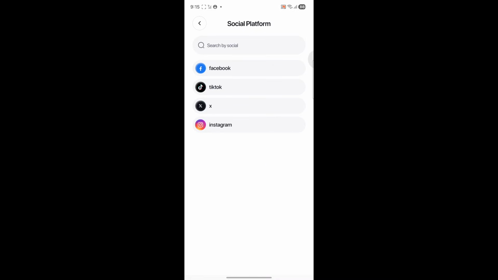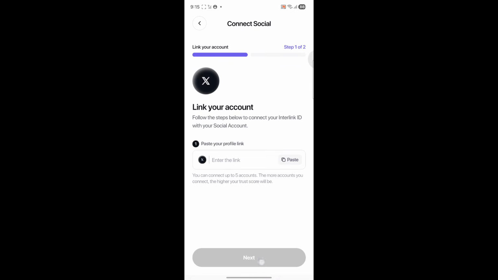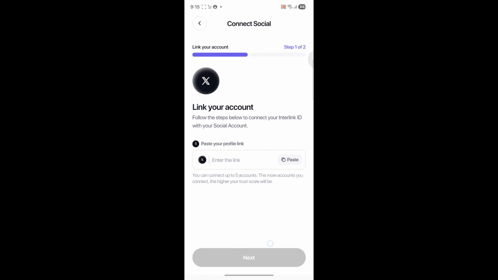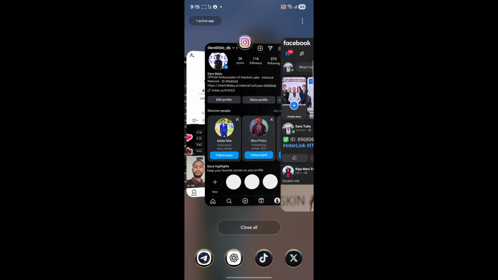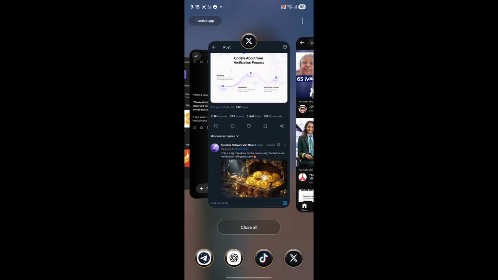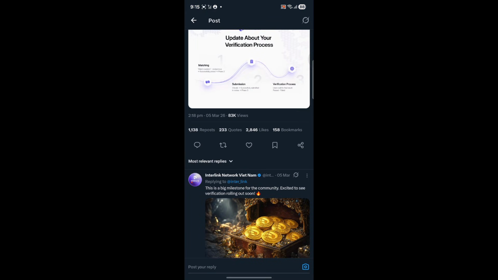The other is the X page. Let me add X, I will show you simply. I come here, then go to your profile.